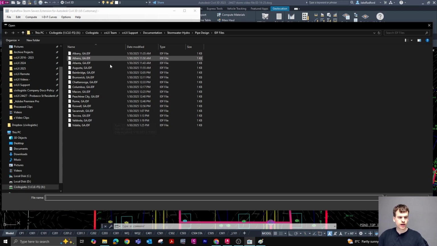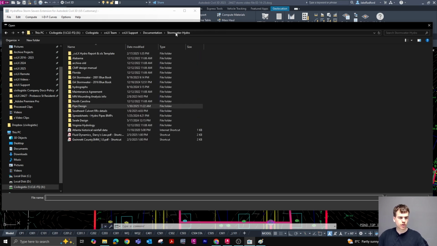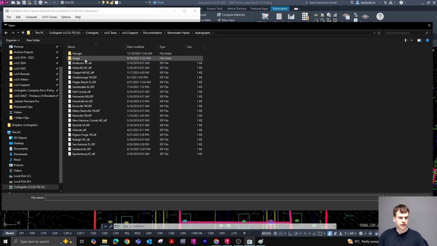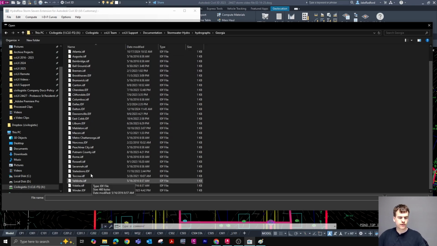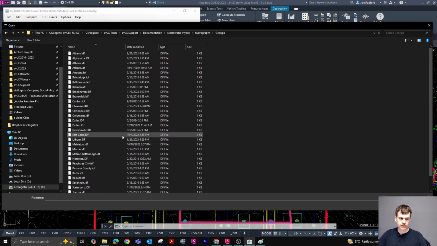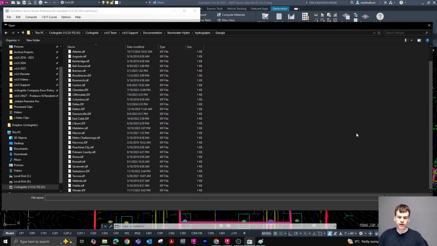we have a bunch of IDF files that we've already saved, and we also have more under Hydrographs, and then here is a bunch of IDF files outside of the state of Georgia, and within the state of Georgia where we do a lot of our work, here's a bunch more IDF files for specific geographical areas. Right? So if you don't have an IDF file for your specific geographical area,